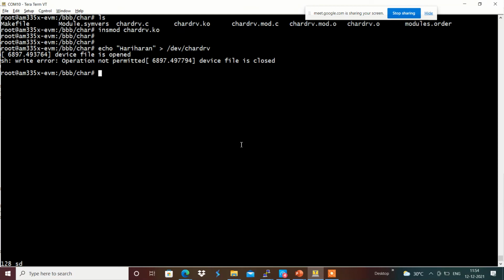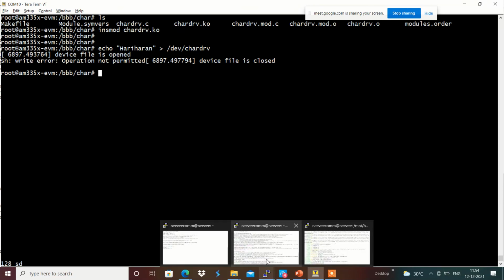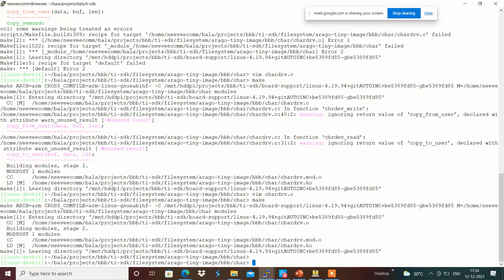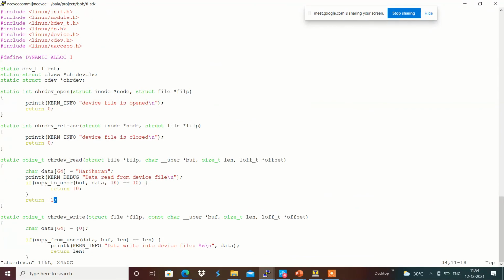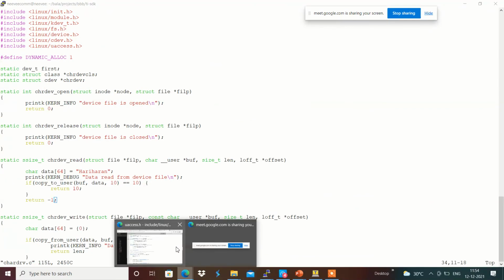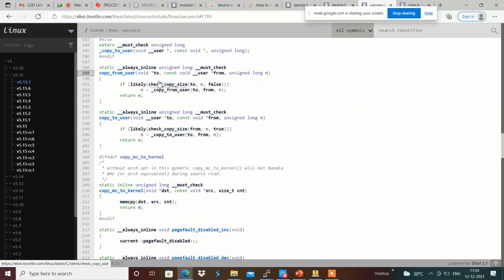The device open and write error says operation is not permitted, which we will see.